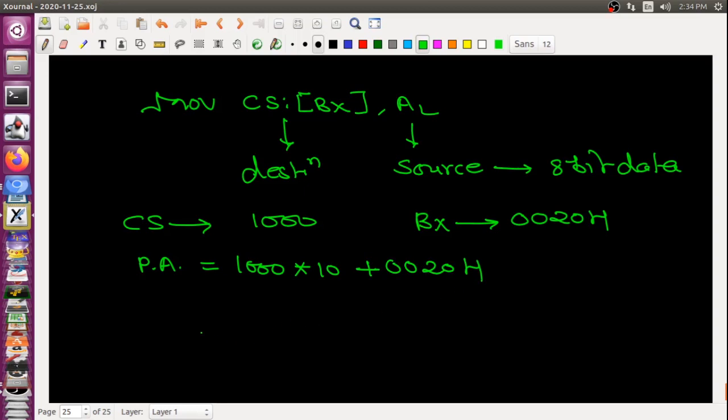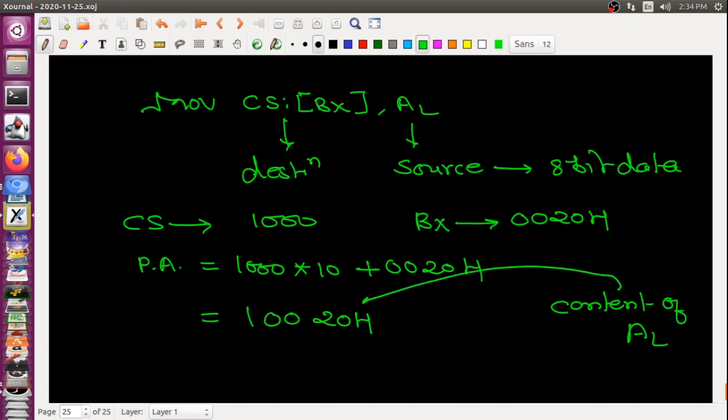So my physical address will be 10020H. So finally, the content of AL will be moved on this address.